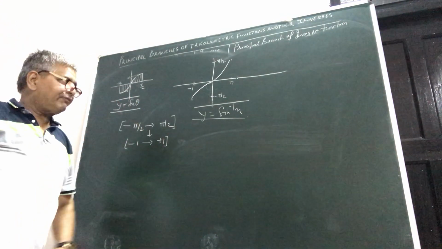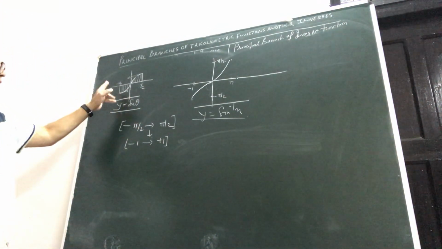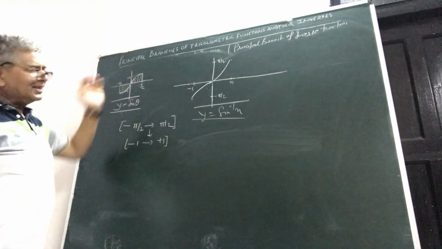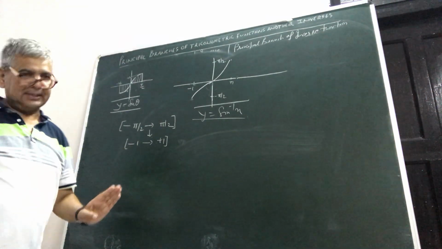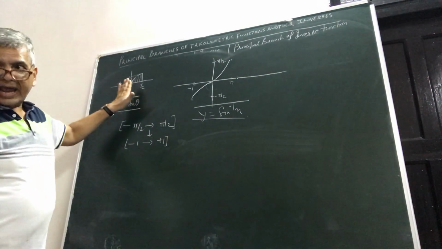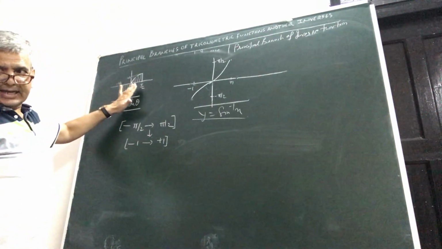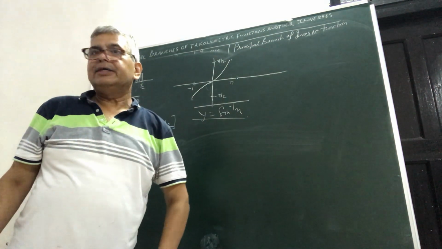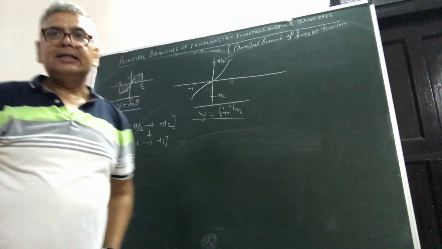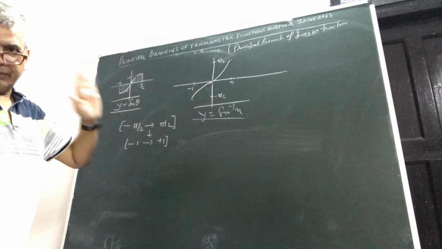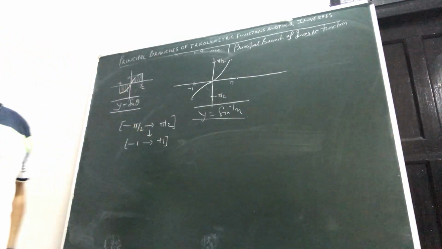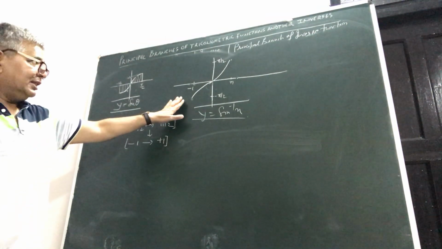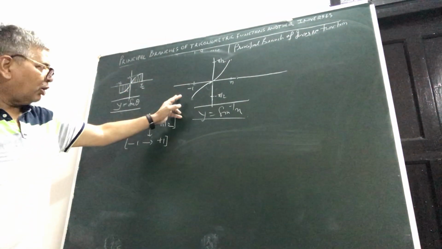At times a good number of people say that you are interchanging the x and y axis. No, this is an incorrect statement. What is happening is that the values on the x-axis will now come on the y-axis, and the values on the y-axis will now come on the x-axis. You can't interchange them. Understand? So I once again repeat that the values on the y-axis will now be plotted on the x-axis.